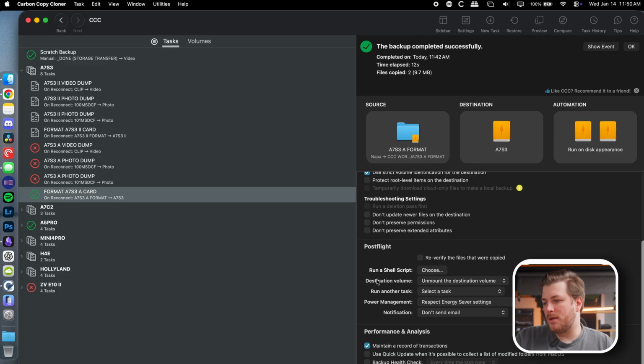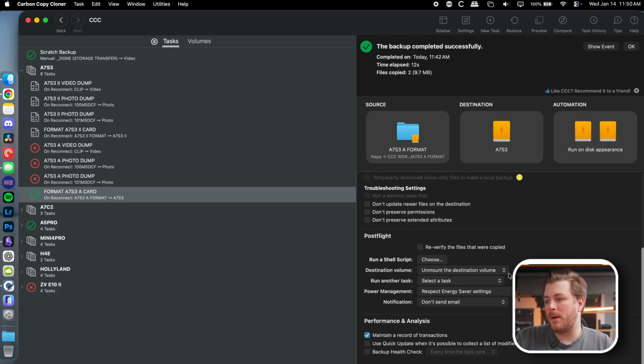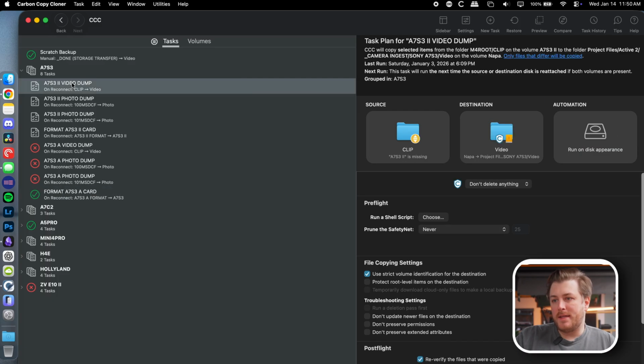And then I have this one, after you format it, it unmounts the destination drive. The safety net is off here. It does delete things, so just the safety net is off. I don't need a backup of all these things, when ideally we would have already made a backup for it. And yeah, so you plug in your drive, it detects the videos, it copies them over to the ingest folder, and then the format